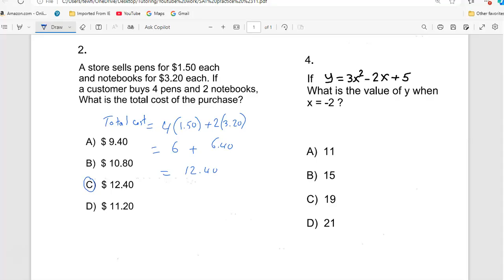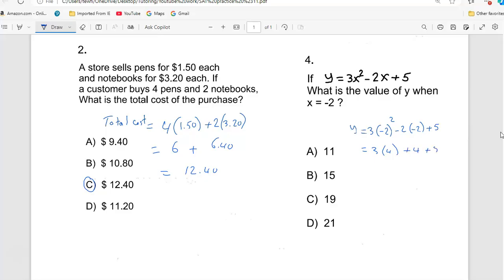So here it is. y equals 3 times negative 2, and I'm going to square negative 2, so you have to put parentheses, minus 2 times negative 2 plus 5. So we have a 3, negative 2 squared, that's a positive 4. Negative 2 minus negative 2 times negative 2, that's positive